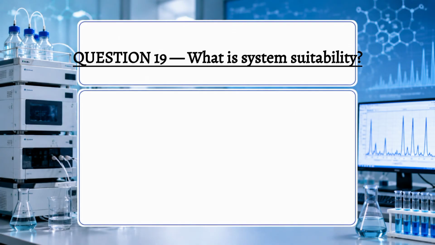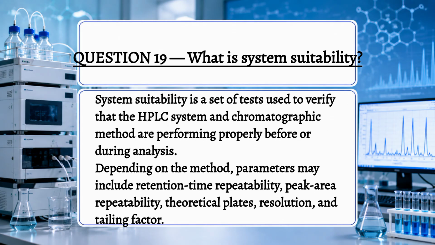Question 19. What is system suitability? System suitability is a set of tests used to verify that the HPLC system and chromatographic method are performing properly before or during analysis. Depending on the method, parameters may include retention time repeatability, peak area repeatability, theoretical plates, resolution,